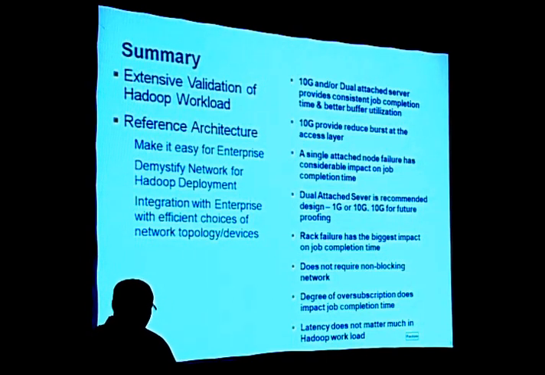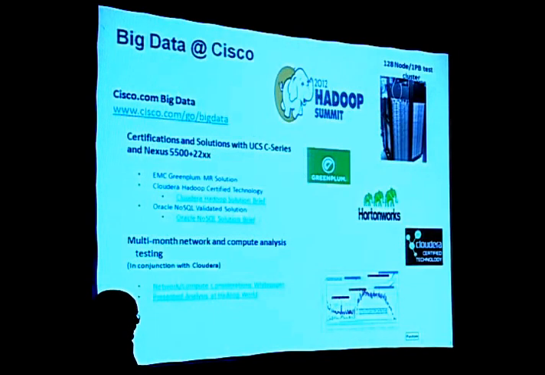And I'm not going to repeat all the summary points, but the 2-3 key points I do want to emphasize. Look forward to 10 gig architectures because they have a future-proofing advantage. Dual node behavior seems to favor the Hadoop workload compared to single attached servers. Oversubscription does matter, but you don't need a non-blocking network. And finally, latency is not as important a factor compared to other workloads that you have in your enterprise, right?